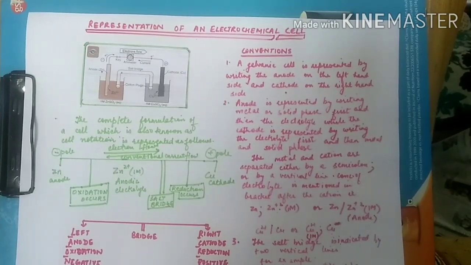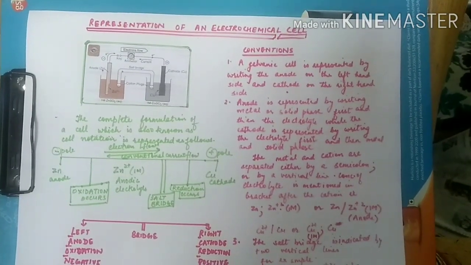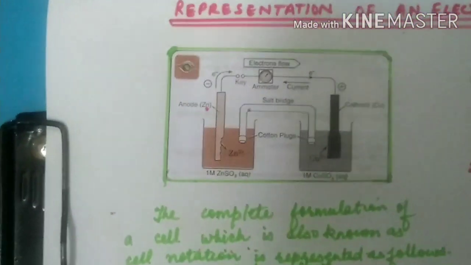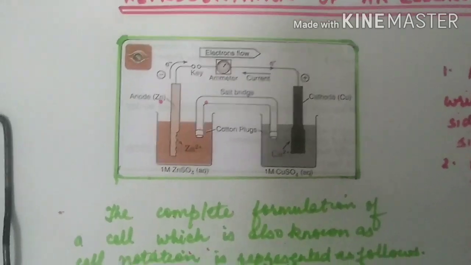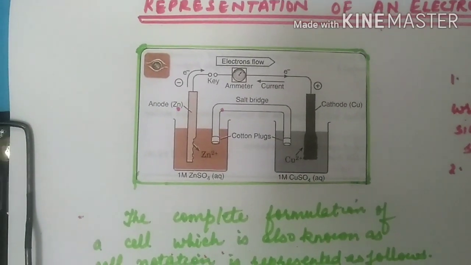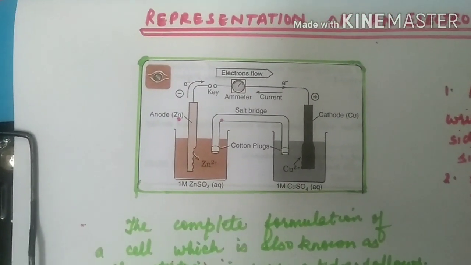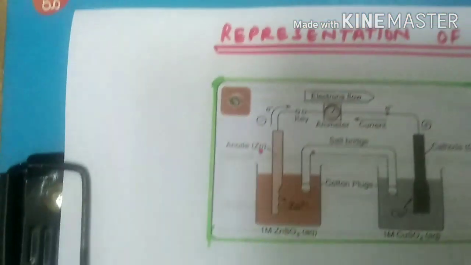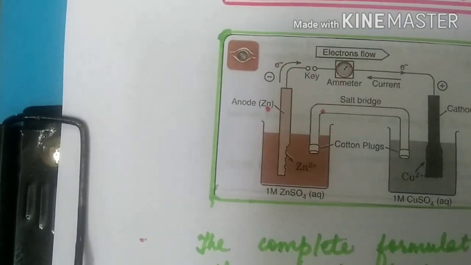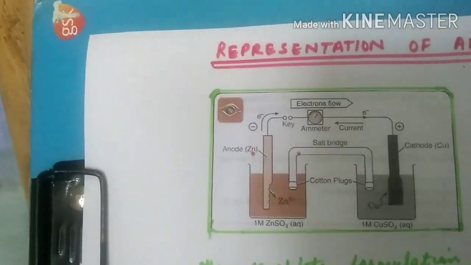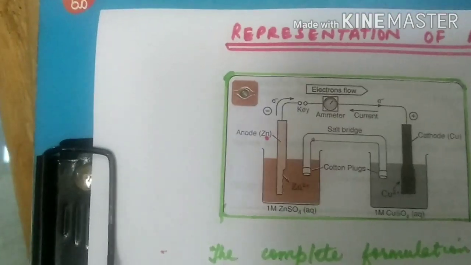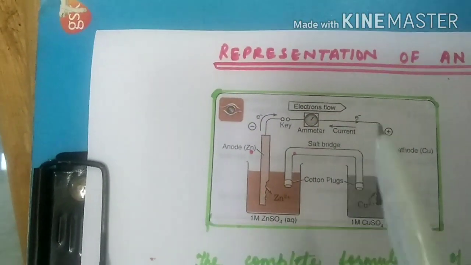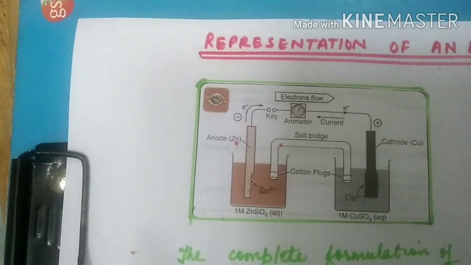रिप्रेजेंटेशन ऑफ एन इलेक्ट्रोकेमिकल सेल। तो इलेक्ट्रोकेमिकल सेल जैसा हमने पिछले वीडियोस में किया है, इलेक्ट्रोकेमिकल सेल में हम केमिकल रिएक्शन करवाते हैं, जिसमें एक हाफ सेल में हम ऑक्सीडेशन करवाते हैं और दूसरे हाफ सेल में हम रिडक्शन करवाते हैं, और एज अ रिजल्ट इलेक्ट्रॉन्स प्रोड्यूस होते हैं, वो वायर के थ्रू मूव करते हैं और इलेक्ट्रिक करंट प्रोड्यूस होता है।